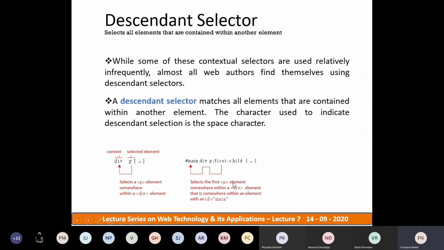Right? Now we'll see one example of contextual selectors, the descendant selector. So how will this descendant selector be applied? Just see the division tag, which is a parent, and here the P, which is a child element of the division, right? So these two have contextual selector styles for the web page, right?